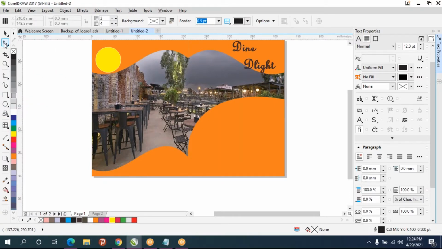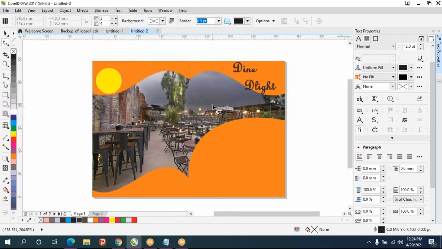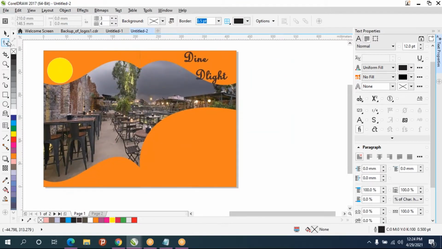From now onwards shape tool is more important, because almost using shape tool only you're going to create all kinds of designs. So without shape tool, CorelDRAW is nothing. Almost for everything we'll use shape tool. So remember that.